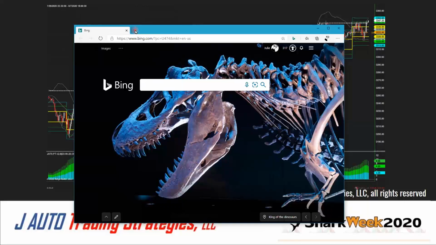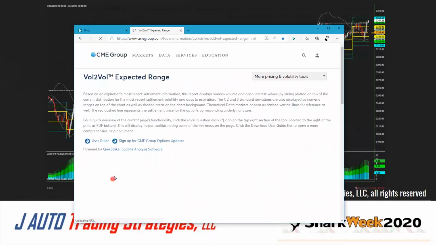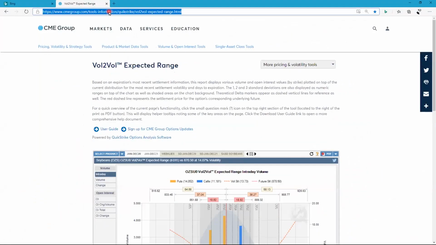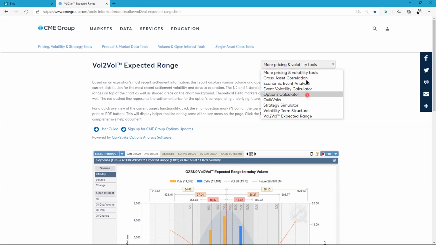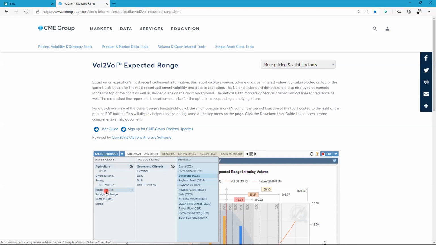So over here, I've got it set up. I can pop it right here. It's the CME group. I just popped it into the chat box. So if y'all can go look at the chat box, I just put a link for you. It's called the ball-to-ball expected range, and you can get more pricing tools over here, but it's just fantastic. So what I do is you go in here and you change it to equity indexes.